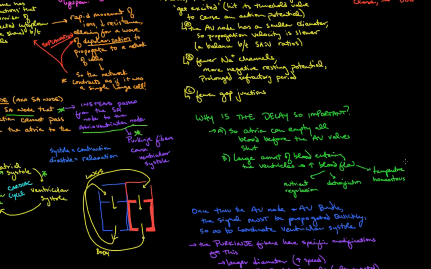So once the signal gets through the AV node, here in the right atrium, that signal, after being slowly transmitted, has to actually be transmitted extremely quickly, so that both sides of the ventricles can contract at the same time. And so it has to be done very quickly. And so that's the lower network of nerves that are going to contract. And that's, again, where the Purkinje